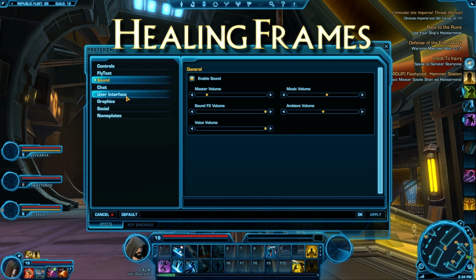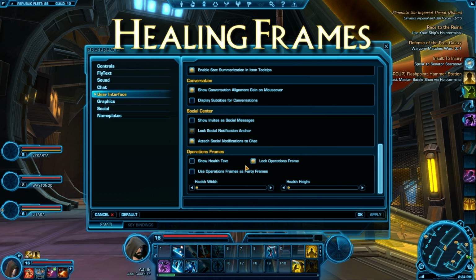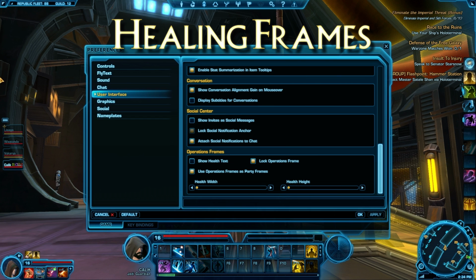If you come down to your user interface, down at the very bottom, you have operations frames. First thing you want to do is, when you're in an operation, also known as a raid in other games that you might be used to, you have this really cool feature here that you can use operations frames as a party frame. I'm going to hit apply,